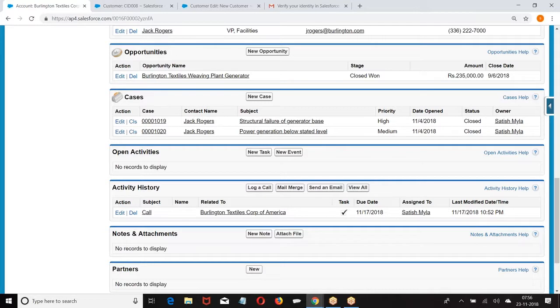For one profile, I can only assign one page layout. What if I want to assign more than one page layout? Now, I want the administrator to set it up so that when I'm creating a customer, it should ask me what I want to create: a customer who is a person or a company? If it is a company, I have a different format of information. If it is a person, I have a different format of information.